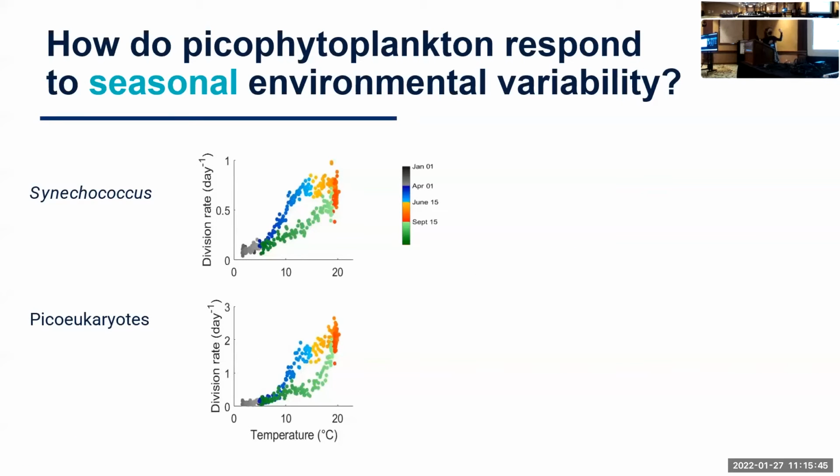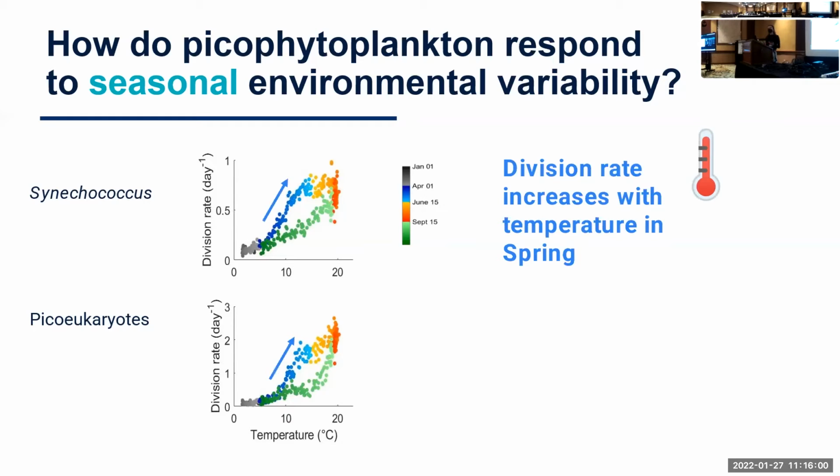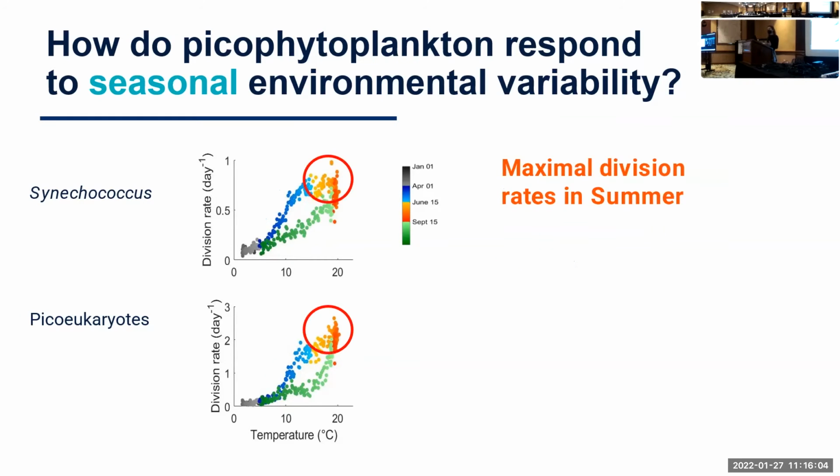So here, Synechococcus division rate is plotted on the top, and Picoeukaryote division rate is on the bottom, both against temperature again, with the seasons indicated by the color. So we see they have very similar responses, where both are showing an increase in division rate with increases in temperature in the spring,